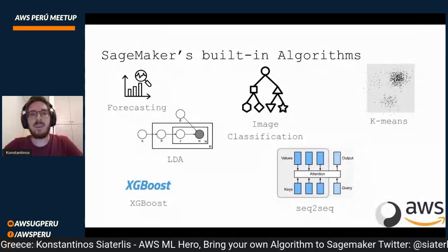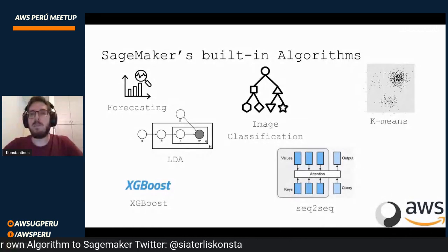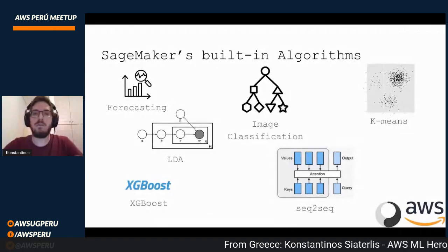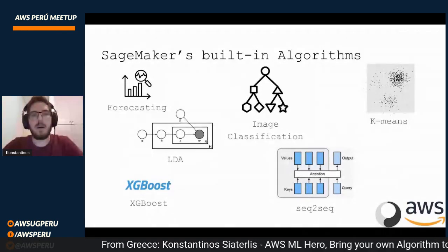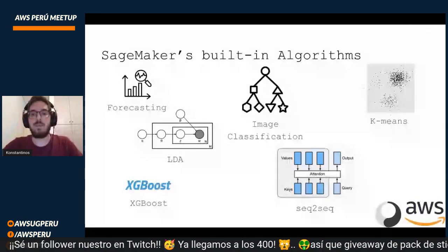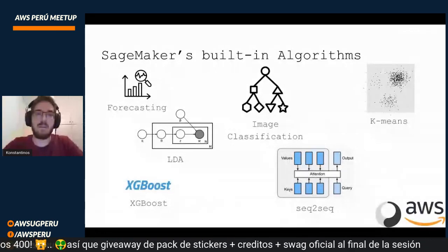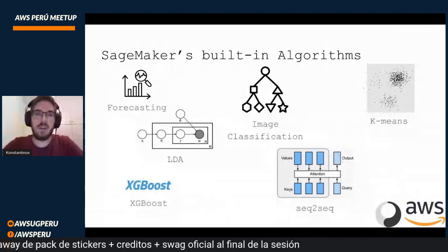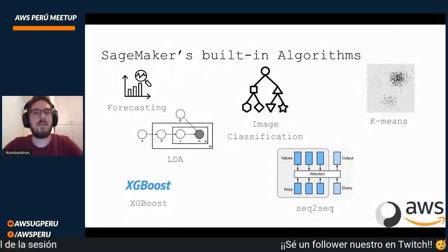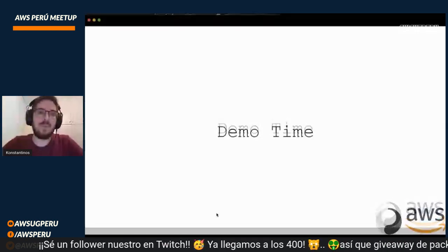Considering SageMaker's built-in algorithms, I've used them a couple of times. I really like to build my own models, but they're really powerful for simple cases, or even standard cases. You can use them. They're very, very fast, built on top of the AWS infrastructure to be optimized, and obviously you can take a look at those and find whichever you like. I think now there are like 18 built-in algorithms. I've lost count. There are a lot. So let's move forward to the demo.